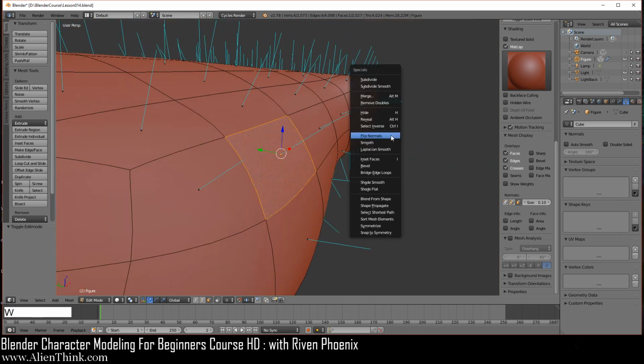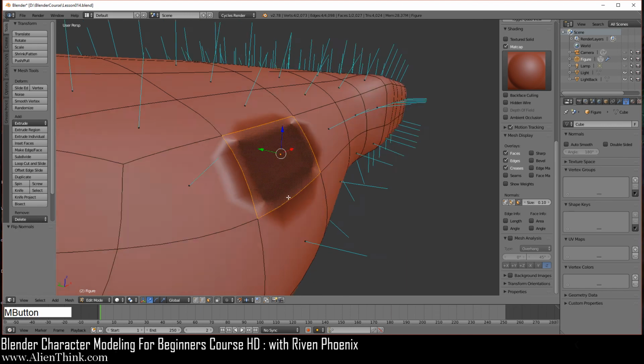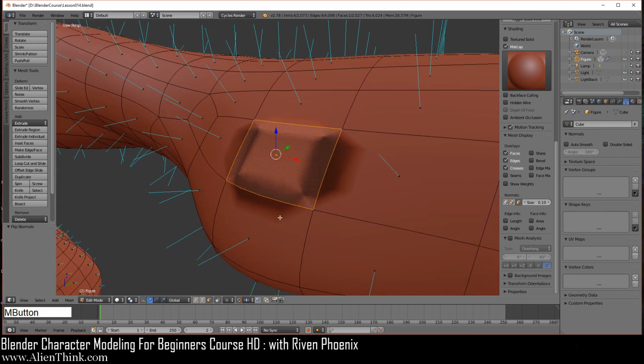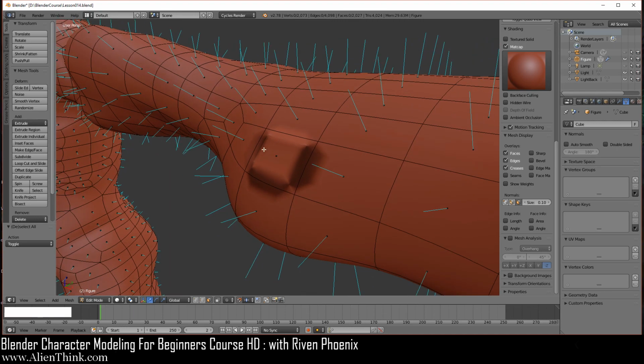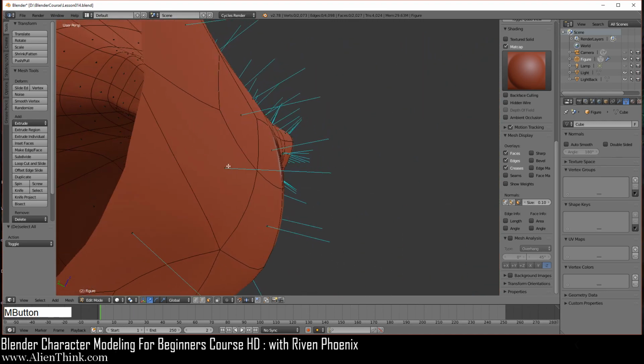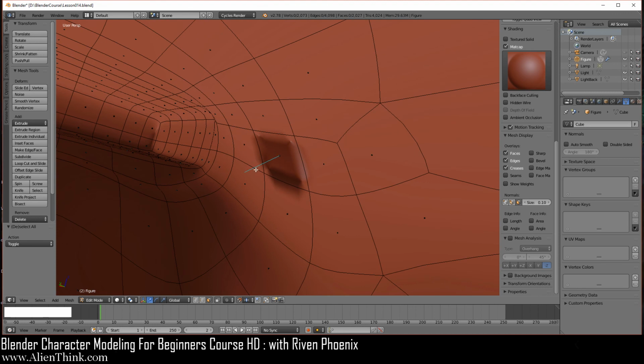So if you press W and choose Flip Normals, you can see that something strange happens over here. If I press Alt A to deselect, you see that blue line is gone. Now if you go inside the object, you can see that this blue line is now in this direction, meaning that now we're telling Blender that this is the top side of the face, this is the direction the face is pointing, and this is how you should render it.